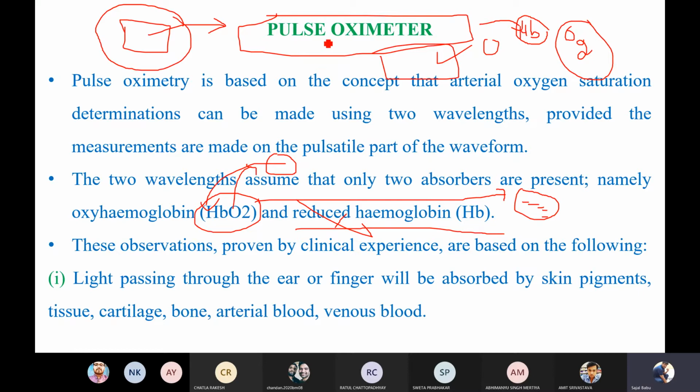So the need for measuring the oxygen level in the blood is to know how much oxygen is being provided. And as you know, if the oxygen levels provided to the tissues are less, then ultimately the tissue is going to die, right?